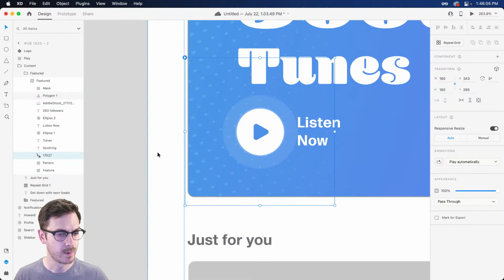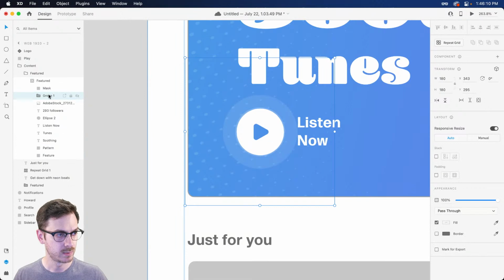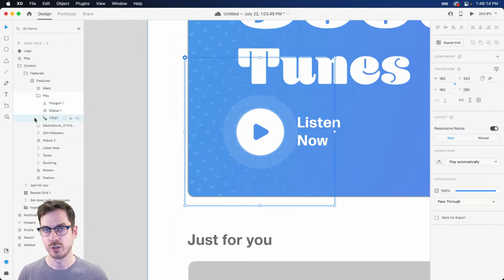I'll just place it at the back. And I want to make sure to select all this information here. Group it. Call this play. Now, one thing you definitely want to make sure to do is customize your playback for things like video and